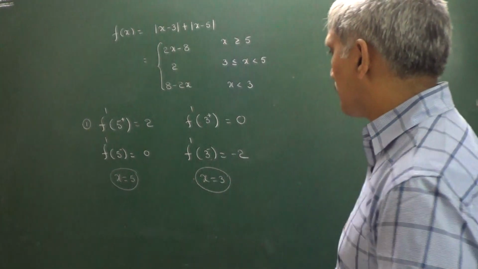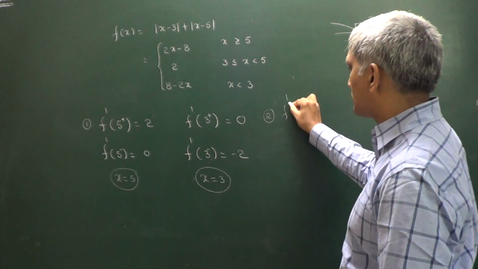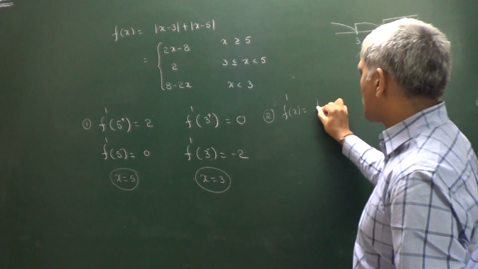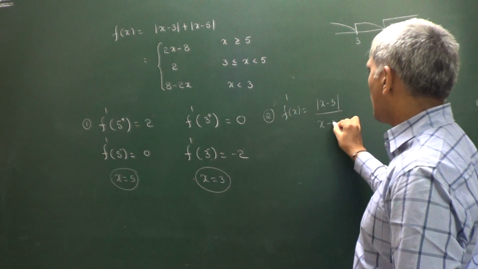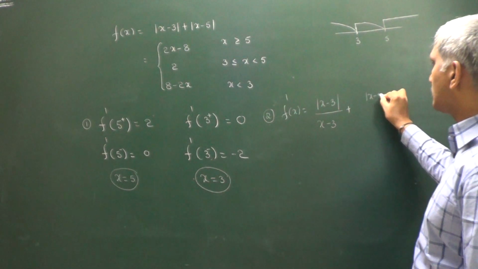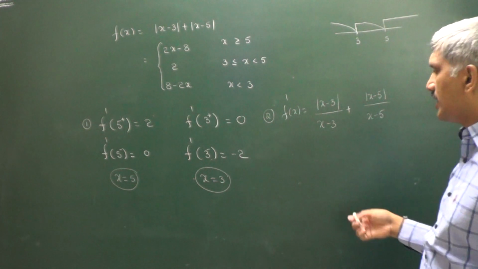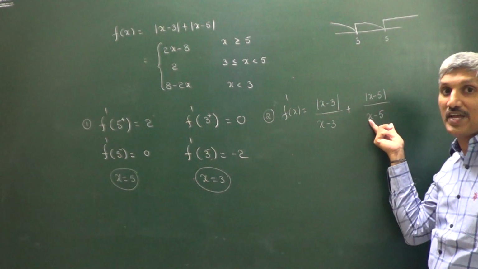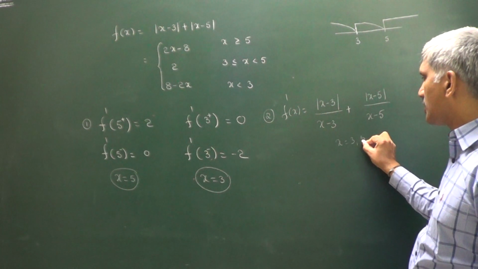Or the same question we can do in another way also. Like this, find out the differentiation. f'(x) is equal to |x| differentiation, that is |x|/x, plus |x-5| differentiation, that is |x-5|/(x-5). You can check at x equals 3 it is not defined, at x equals 5 it is not defined. That's why at 3 and 5 the function is not